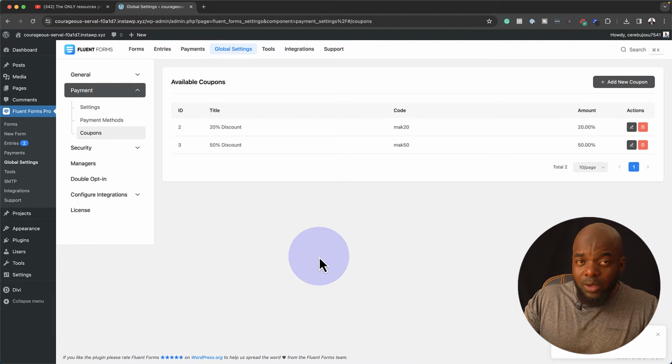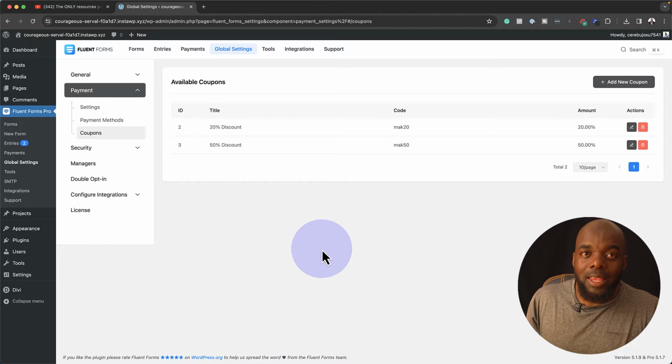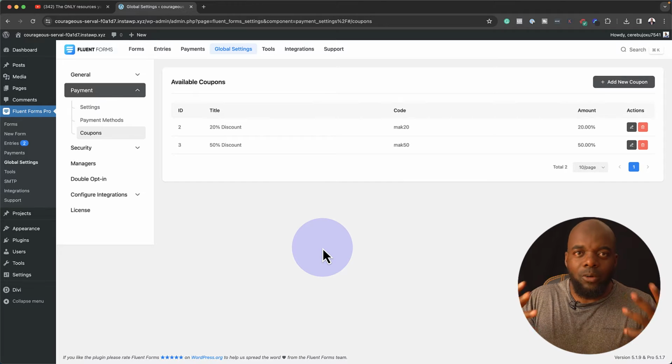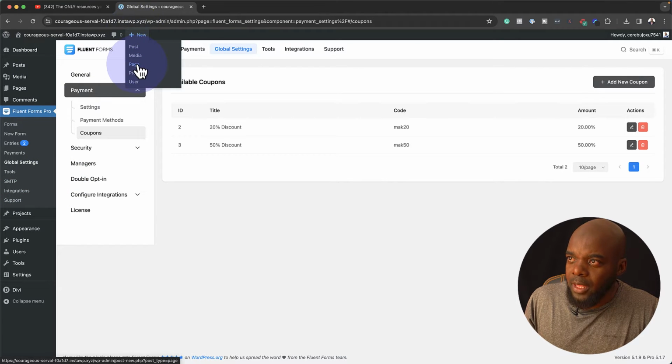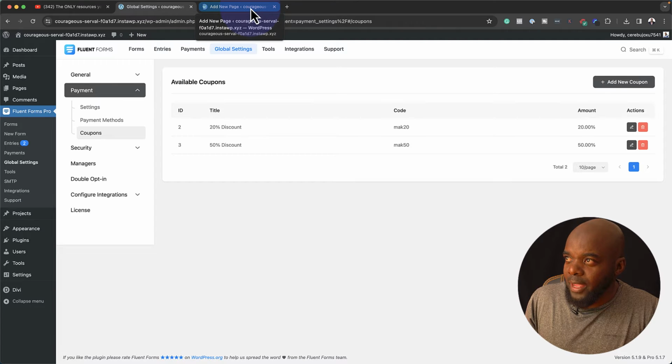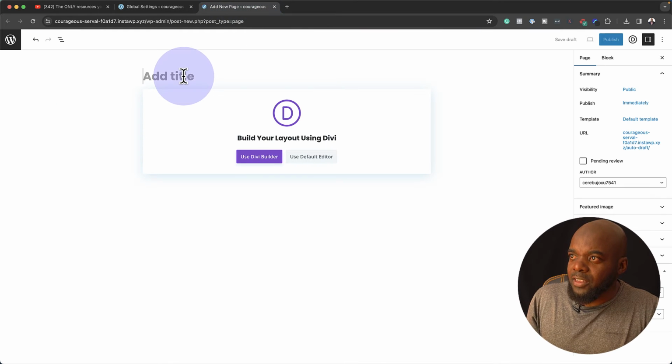Right, so now that we have this information, it's important that we now start creating our landing page, which is going to have all our information. So to do that, we're going to open two tabs. So first, I'm going to create a new page by coming over here, and then I'm going to open this page into a new tab like that. So let's go ahead and give this page a name. So I'm just going to call this